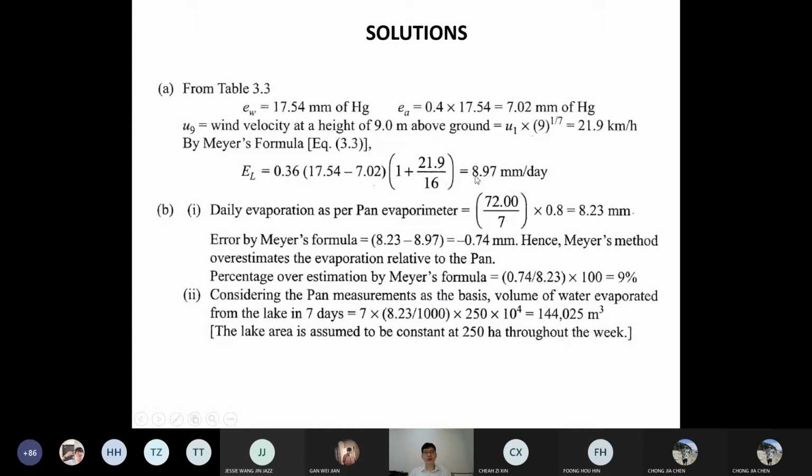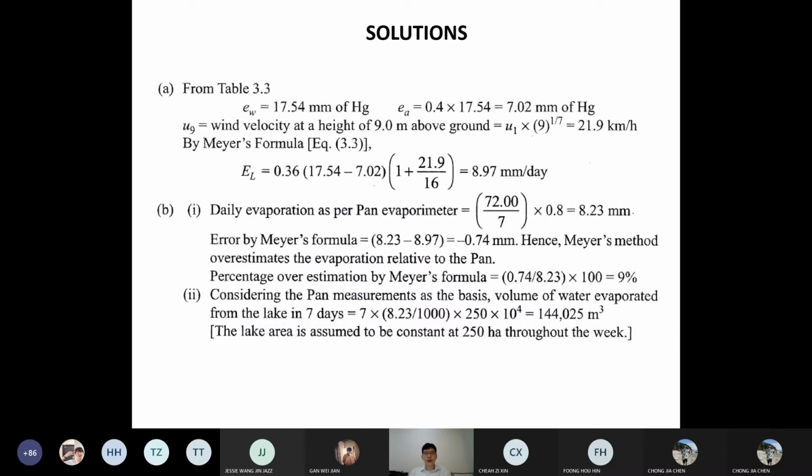You will know that evaporation is about 8.97 mm per day. You make a rough estimation, like if this is about 9 mm, it's 9 mm per day. Or maybe we put roughly, we got 10 mm per day. In